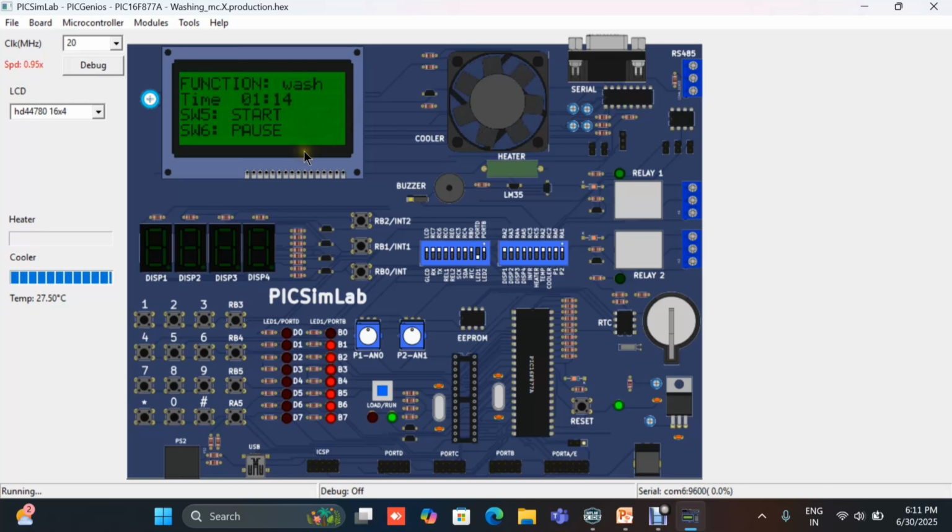First function is wash, and time is also started. So we can start or pause the process in between. If we press switch 6, then it will pause the process, like I paused it. And then if we press switch 5, then it will again start from that time. So now it started, and